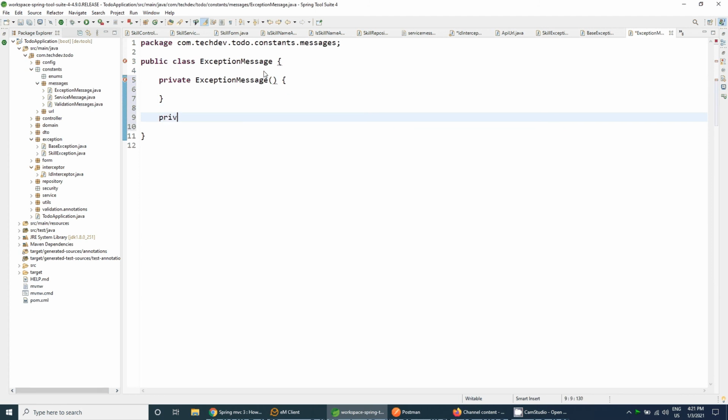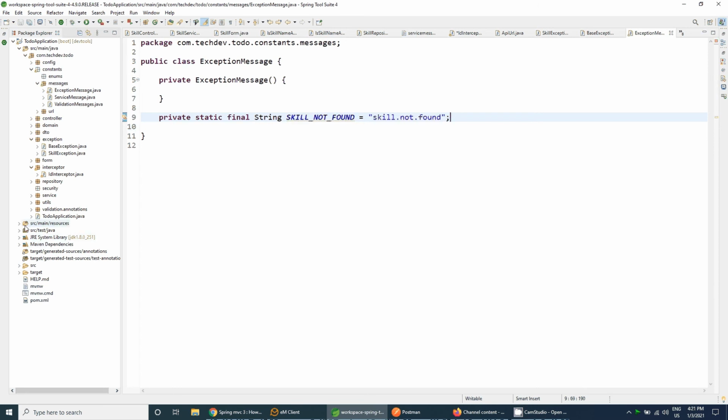Now we will have a private static final String, and the message name will be SKILL_NOT_FOUND_EXCEPTION, with the key skill.not.found.